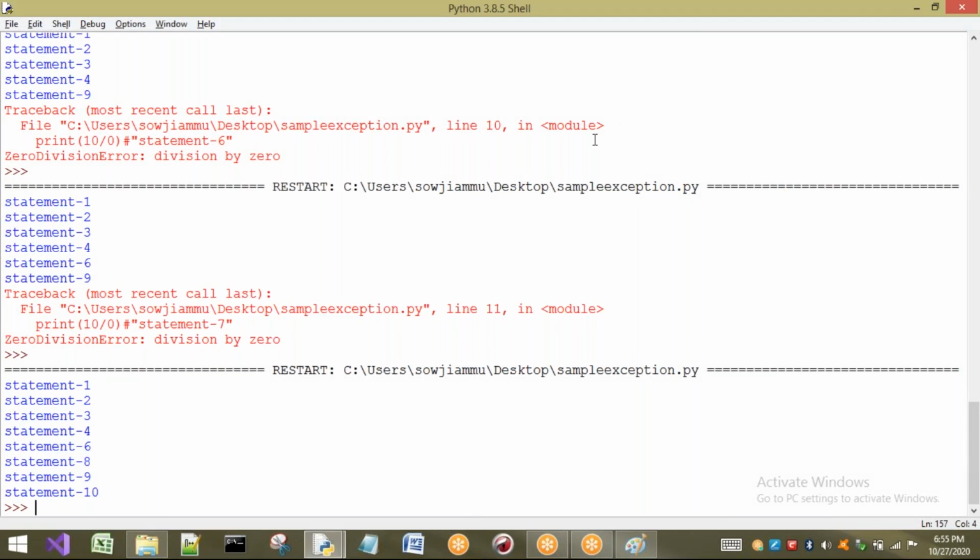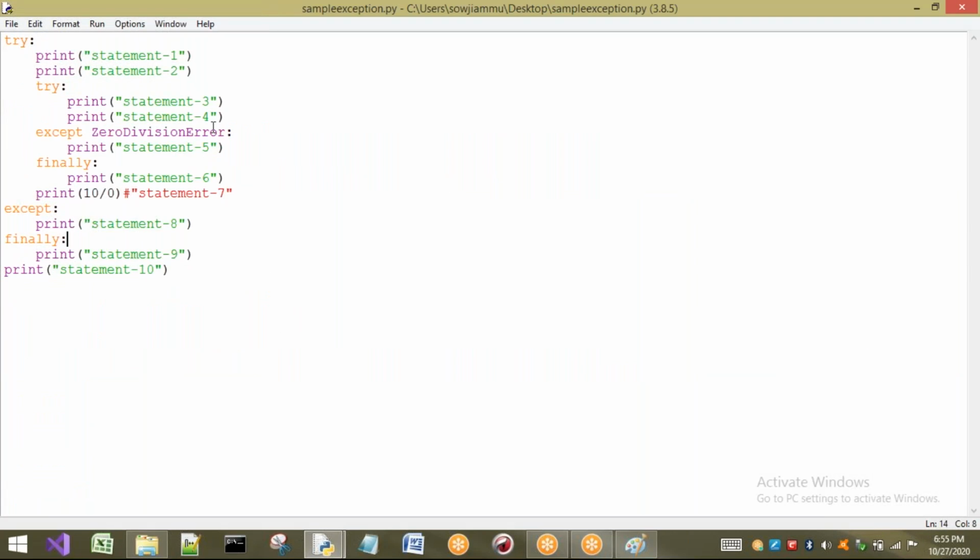Okay, yes. The same case can be taken in different ways. Here, if there is an exception, then we will go to this one, and we'll come to this one, and we'll come to here. There is an exception and this except block is going to be executed. If here there is an exception and there is no except block here, then what happens? It will come out of this try block and it will execute finally, and it will come out of this try block, the outer try, and it will execute the except block. Okay, so there may be different cases, but I am not going to discuss every single statement here.